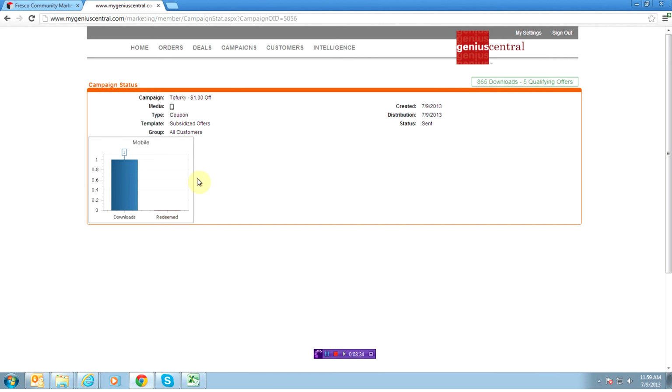Now, when you click on specials and what's new, they will not have this redeemed category, of course. Coupons are the only redeemable offers, but you will still be able to see how many people have looked at that item. And from this, you can kind of gauge what is successful as far as the content that you're